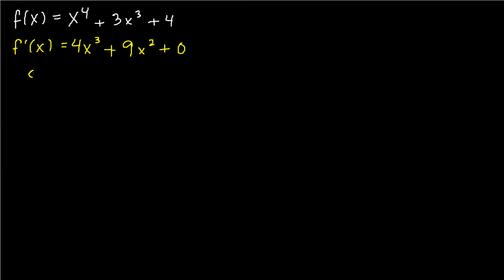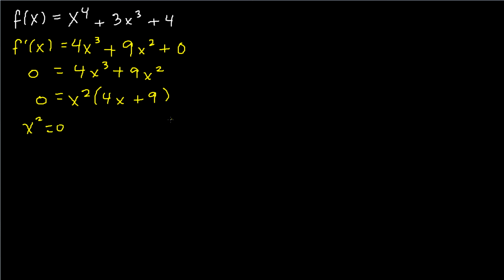So we're going to make this equal to 0, and this is 0 equals 4x to the 3rd plus 9x squared. We factor out the x squared, and this is going to give us 4x plus 9. And this is equal to 0. And the reason why we factor it is because this turns this into a multiplication, which means that either x to the 2nd power is going to be equal to 0, or 4x plus 9 is going to be equal to 0. So if x squared is equal to 0, that means that x would just have to be equal to 0. And if 4x plus 9 is equal to 0, that means that x would have to be equal to